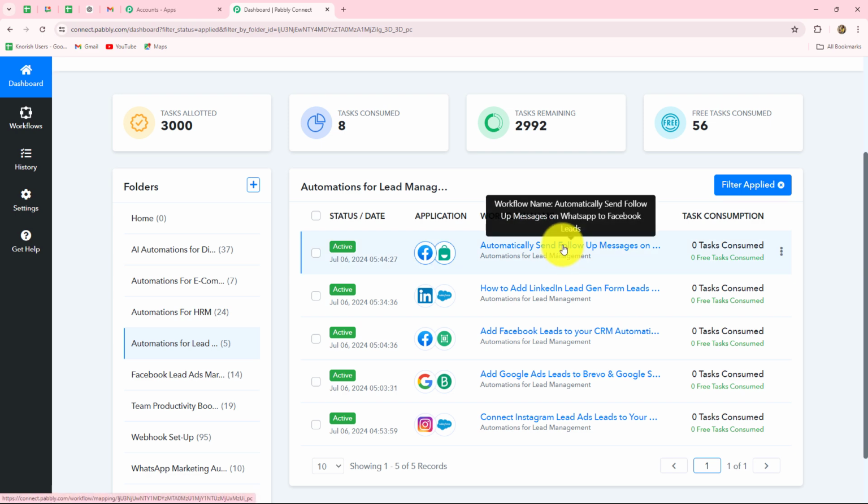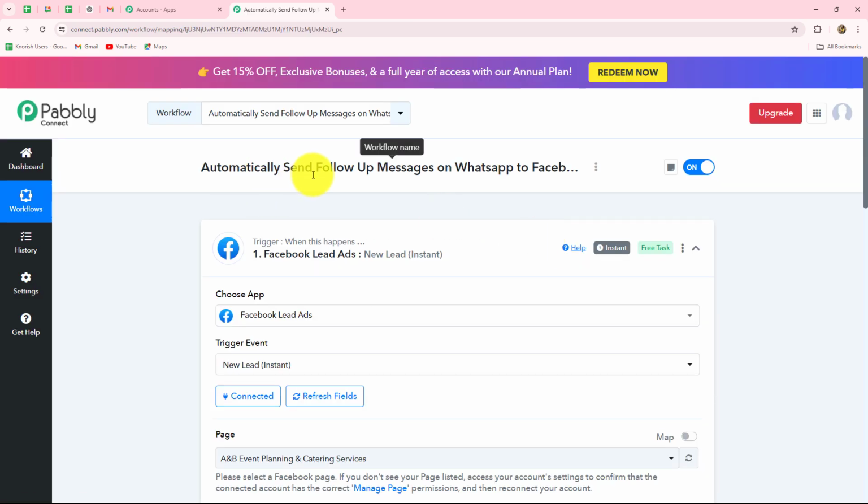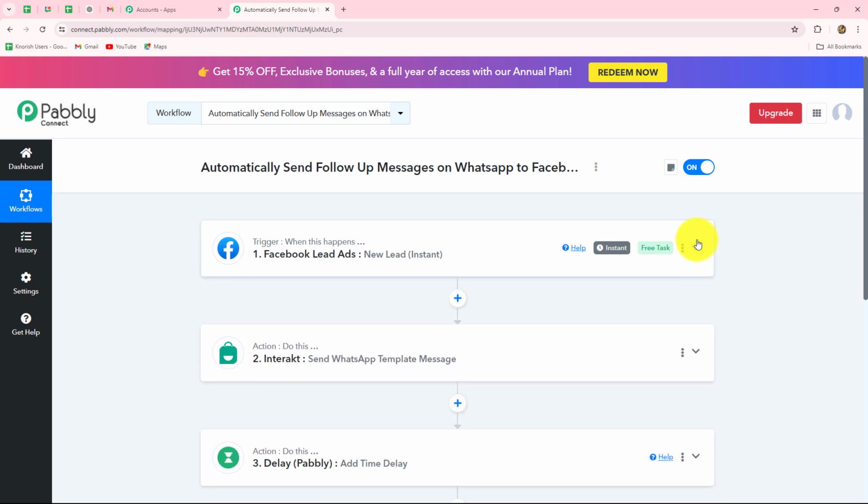So now I'm going to open the next automation, that is automatically send follow-up messages on WhatsApp to all your Facebook leads. Let's say you own an online boutique or apparel store. Now you want that when someone expresses interest in your products through your ads which are running on your Google ads, Facebook ads or Instagram, any of the social marketing platforms, then an automated message is sent on WhatsApp